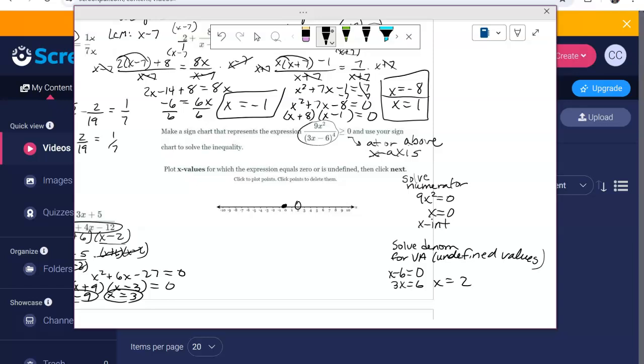Our answer is going to be in interval notation. So what I'm going to do is pick numbers less than 0. I'm also going to pick a number between 0 and 2. And then I'm also going to pick a number greater than 2. So for the less than 0 number, let's just put in a -1. If I were to plug a -1 in for x,